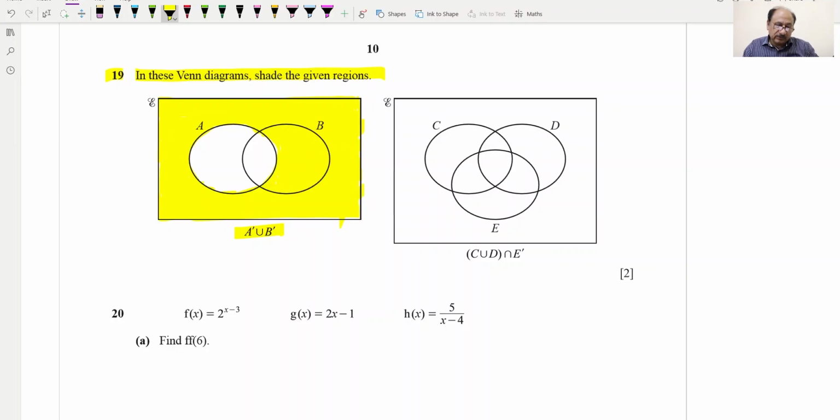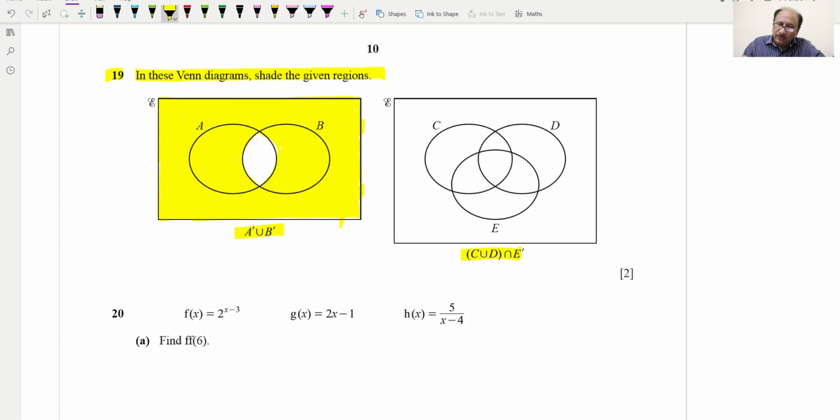Okay, so this is A complement union B complement. Now in B complement we'll have to include this side also. So union B complement, this will be our final answer. Hopefully you understood this. Now we can move to this side, which is C union D